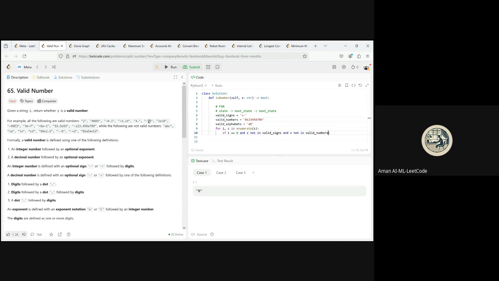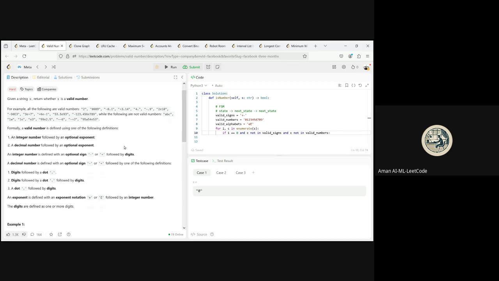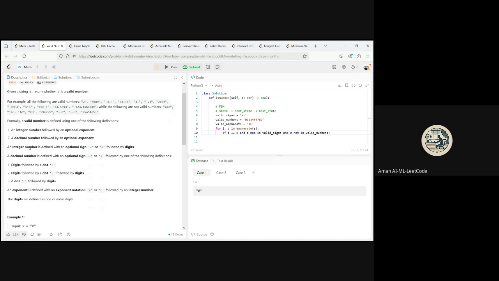Okay. So just check quickly. Can it be starting with a decimal? The number with optional sign followed by one of the following digits followed by a dot, dot followed by digits. Okay. It can also be